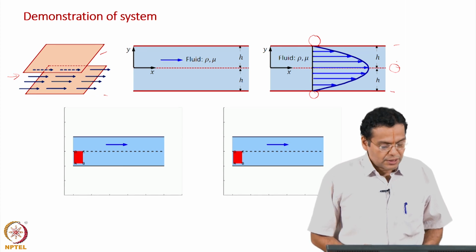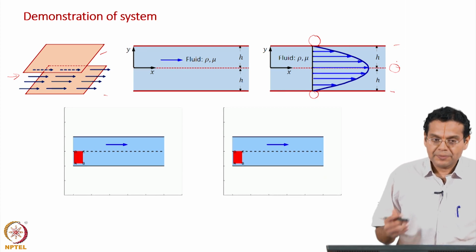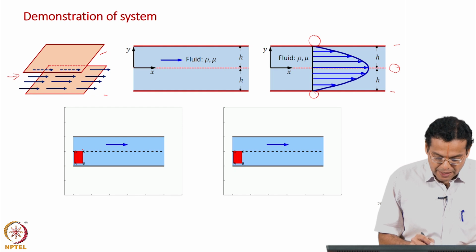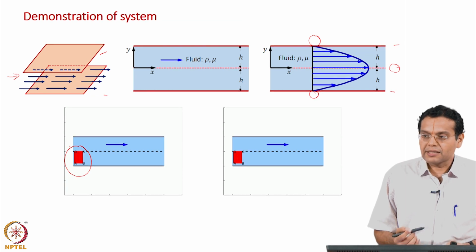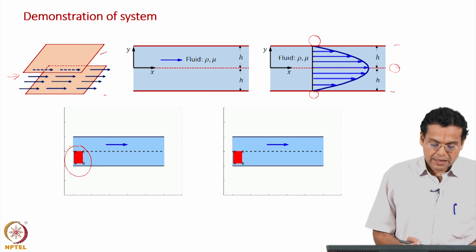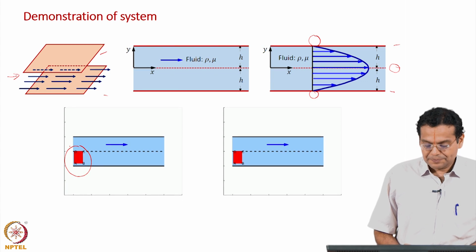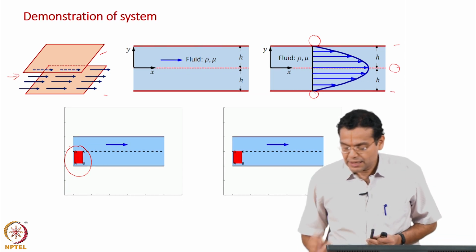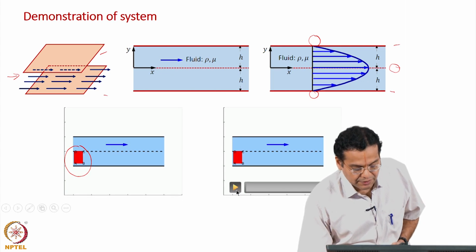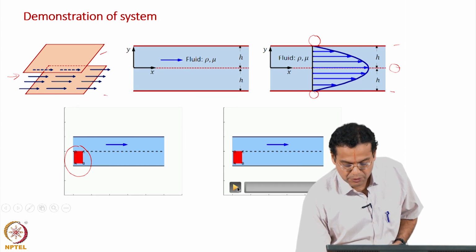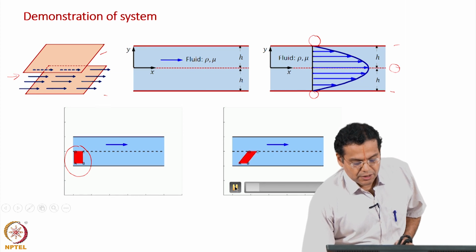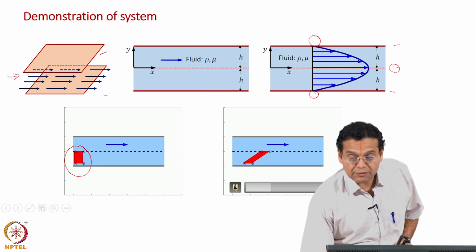Okay. Now, what is it that I have shown here? Just like in the previous case, I have colored a portion of the fluid at some time t with a red dye, and that defines my system. And in this case, as the fluid flows, let us see what happens to the system. Once again, we focus on those 100 fluid particles only. Okay. Now, we are following those 100 fluid particles.